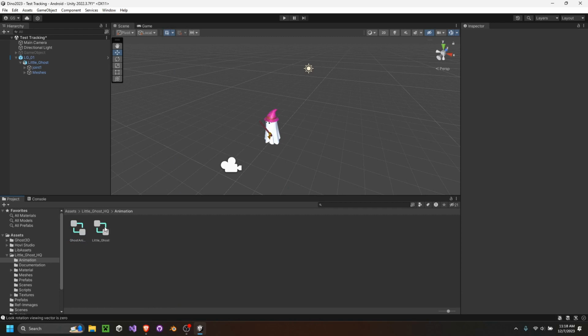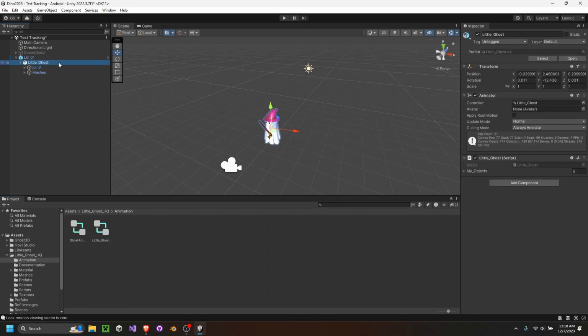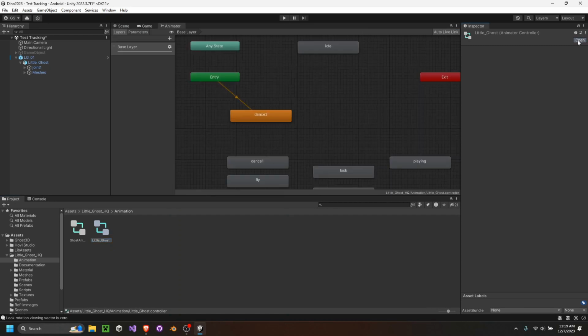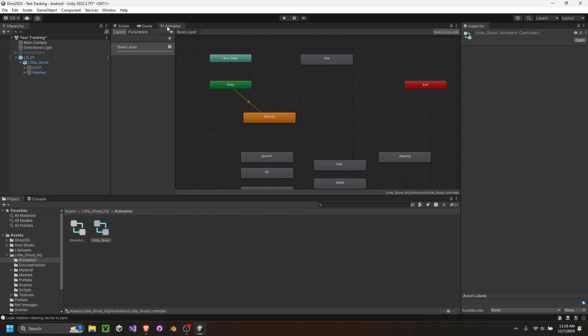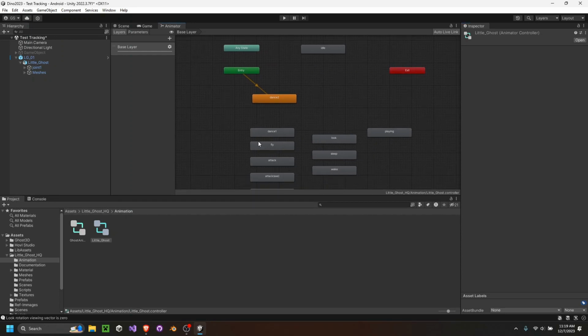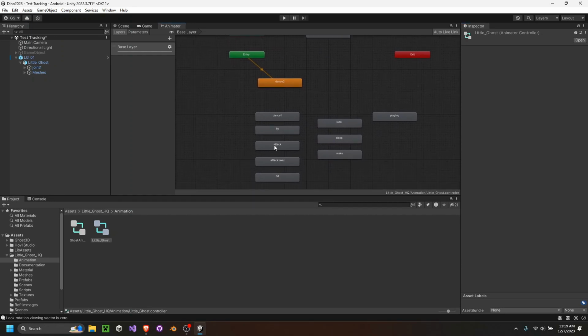But since we already have one for our Ghost, I don't need to do that. And then once you've got a controller for yourself, you can either double click this or you can click open on that controller and then it will open up an animator window for you. As you can see, the creator of this asset already took measures to put in all of the ghost's animations